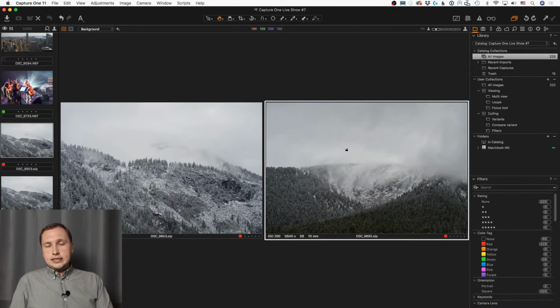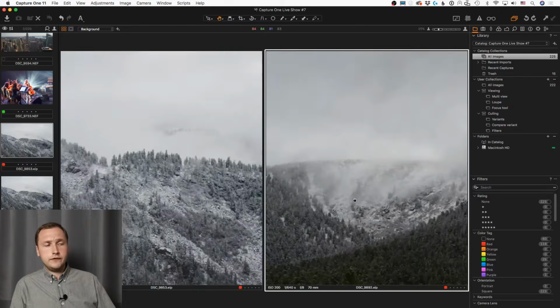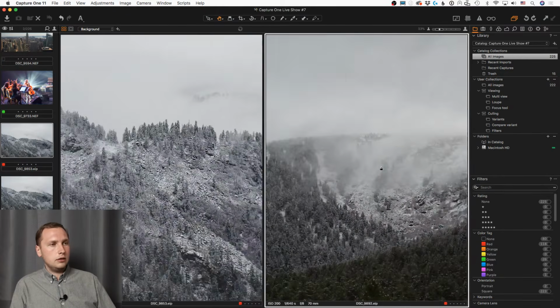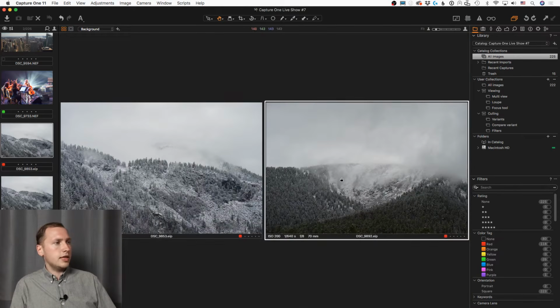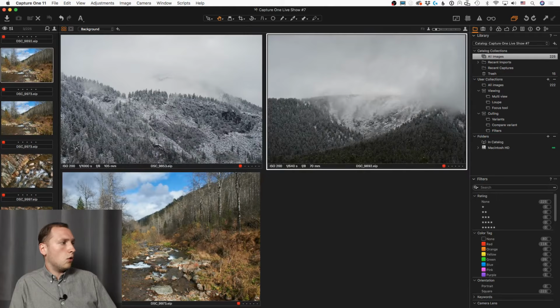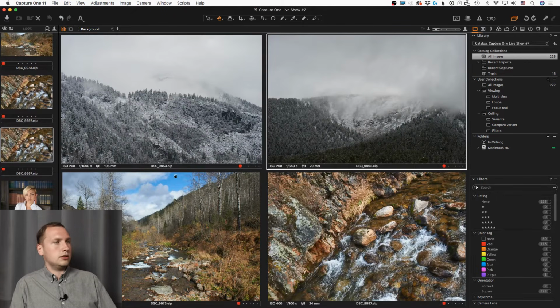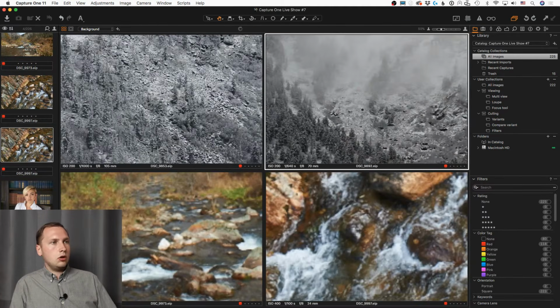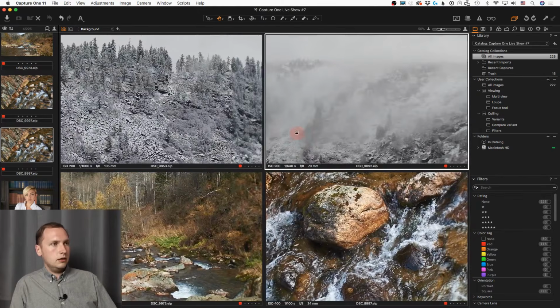That's why this is the first step which you have to implement in your workflow. You have to master this pretty simple tool, and also you have to use it properly. I mean, like holding the Shift key, and now you can move your images, and you can select a group of images. For example, you can select 3 or 4 images. It's not really important, and all of them will be